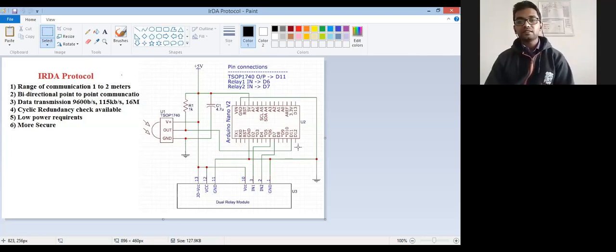You can use it in LAN access devices also, and in medical or industrial equipment. For that purpose, the IRDA protocol can be used. So this is the simple basic IRDA protocol, which uses the non-visible infrared frequency and infrared LEDs for transmission and reception, and these are all its applications. So this IRDA protocol is the basic and simplest type of protocol. I hope all the things are clear.